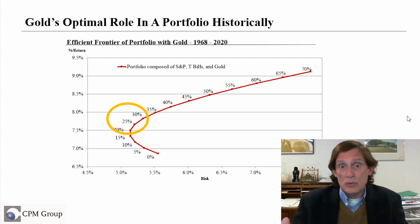And people who remember the Ibbotson research from the 1980s when it was 5 to 10% are surprised that it's so high. But we've seen a lot of things happen since 1968. Now, this is the way that financial professionals look at gold's role in an optimized portfolio. And it's come up recently because some people have come up with different figures for silver. So this is gold, optimal portfolio content, 25 to 30% over the last